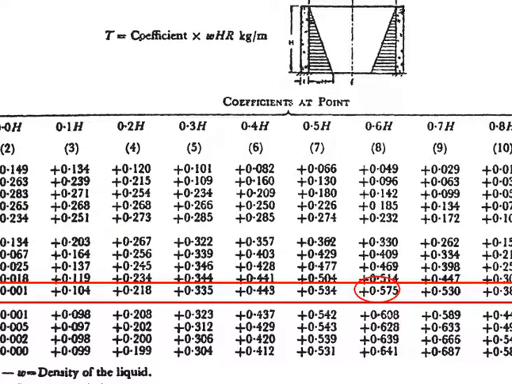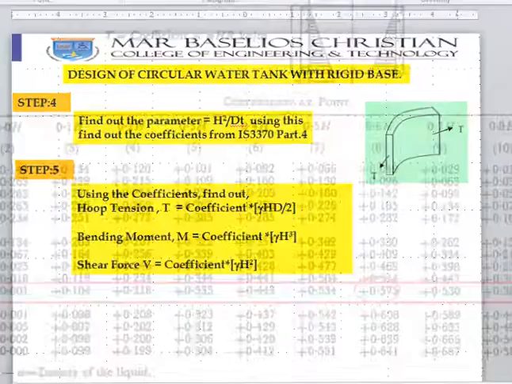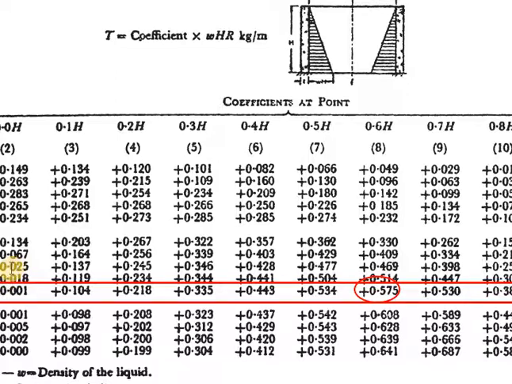What you will be doing is finding h square by dt, as I showed in this one. H means the height, d is the diameter, t is the thickness. Once you have this parameter, keep in mind, for example, suppose you got 6.5. We don't have a value for 6.5, only 6, and the next one is 8. So you can take the next higher value. Suppose you got 3.4 and it is not there; we would need to interpolate, otherwise take the higher value. You don't need to interpolate, you will be on the safer side. So just take the next higher value.